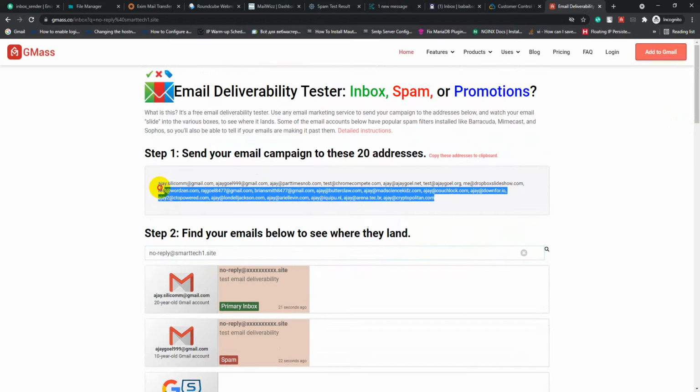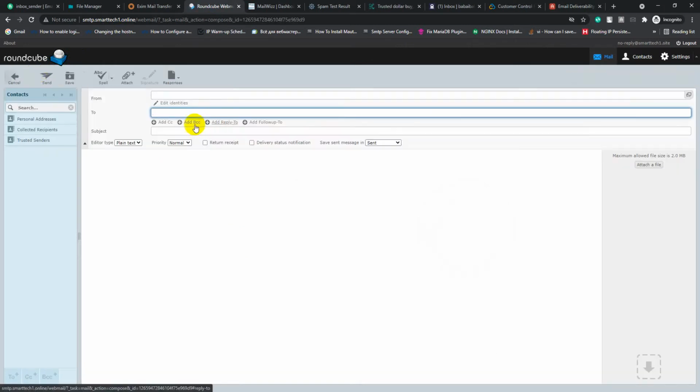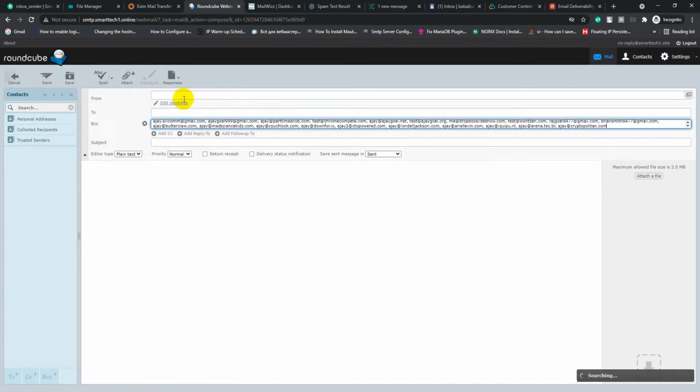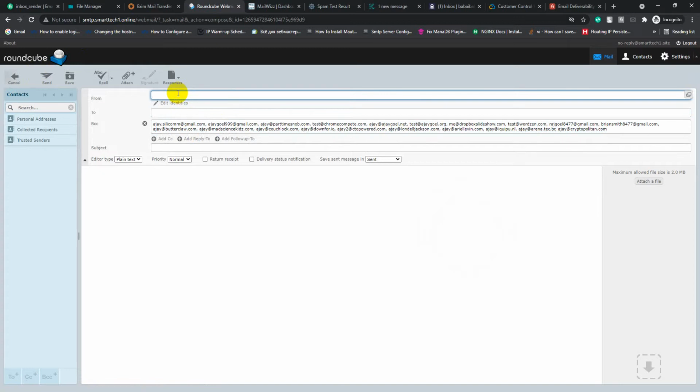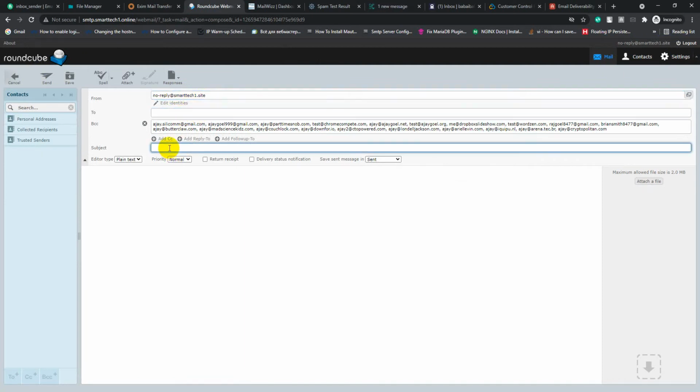Just copy, then click compose, add BCC, from email. Write a subject line, test email.